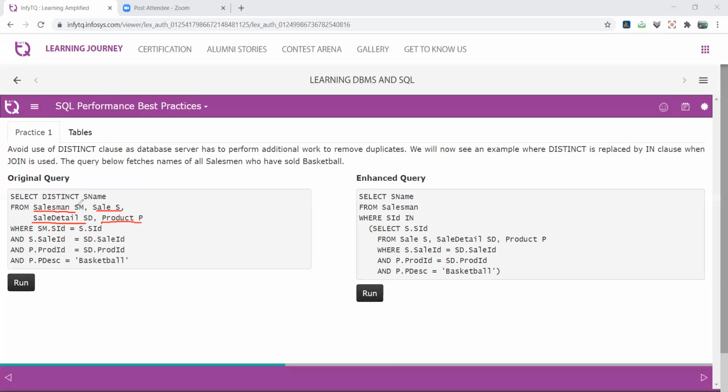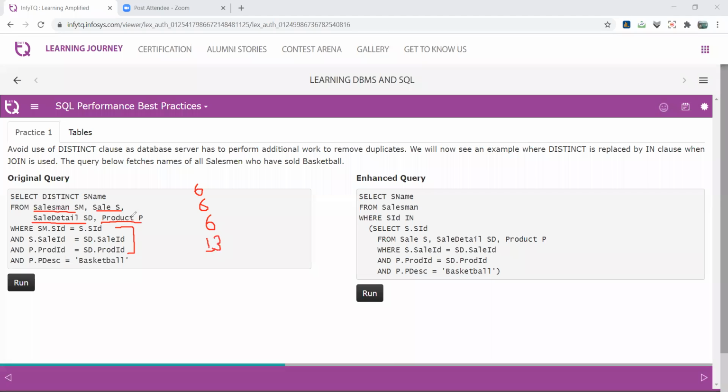One most important thing: when you perform a join between two tables, at least one joining condition is necessary. So if you're using 4 tables, a minimum of 3 conditions are required for the joining purpose. In this part, we check the 3 conditions here: this is the first condition, second and third. Now table 1 contains 6 records, table 2 contains 6 records, table 3 contains 6 records, and table 4 contains 13 records.